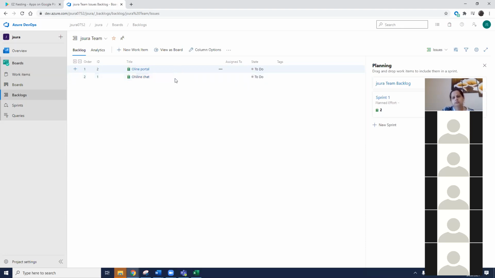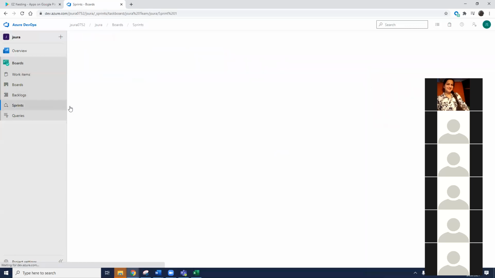So this backlog is like this list of 100 or 200 user stories, or 1,000 user stories if it's a big company. And for each user story, there will be a sprint number assigned. I'm going to talk about those things in our next class, what the sprint numbers are and all, to make it easier for you. But for now, I just want to let you know that this is where you will see the list of user stories. And this is the sprint. When you click on a sprint,